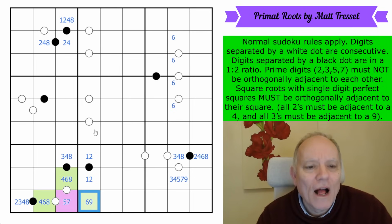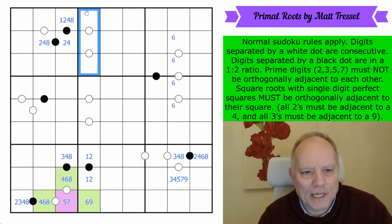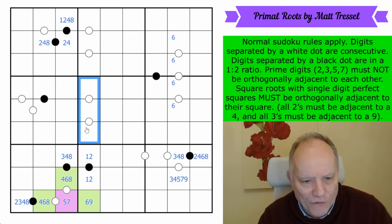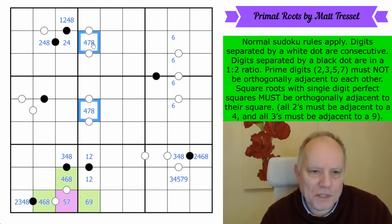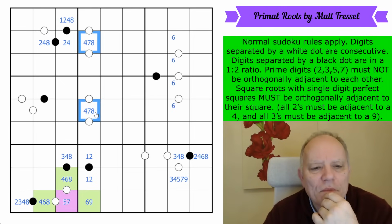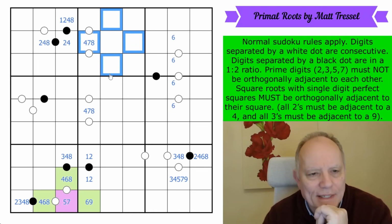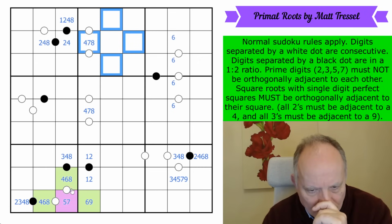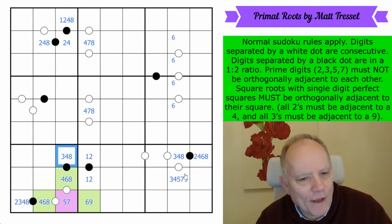Is that wonderful? Okay, it's not wonderful, but it means 3 is on one of these white dot sequences. So one of them goes 3, 4, 5 in one direction or the other. The centers must be from 4, 7 or 8 now. If any of them is a 7, which is prime, that's going to form this prime pattern in its box. I don't know, in some way I feel like I have made some progress there, although it may not amount